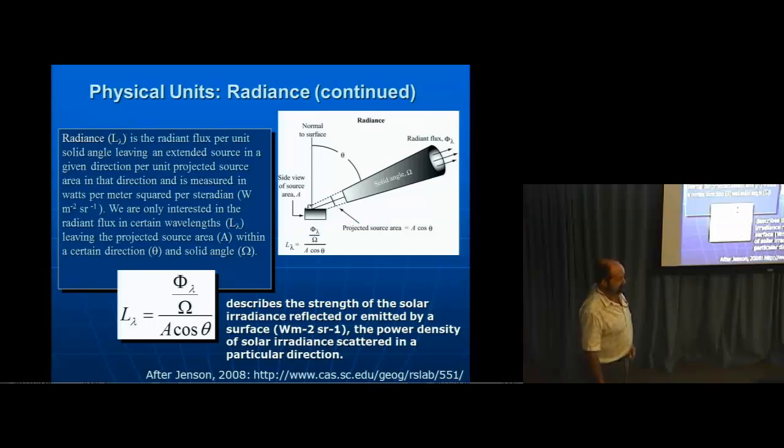You might also see it in microwatts per inverse centimeter per steradian or something like that. And you have to be careful about that when you're making atmospheric corrections, because once you get a radiance image, you have to know what the units are in order to know what to plug in to the atmospheric programs that make the correction to reflectance. So pay attention